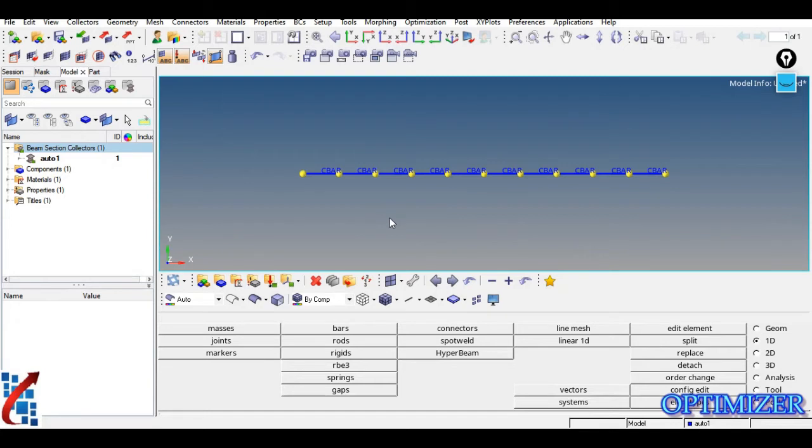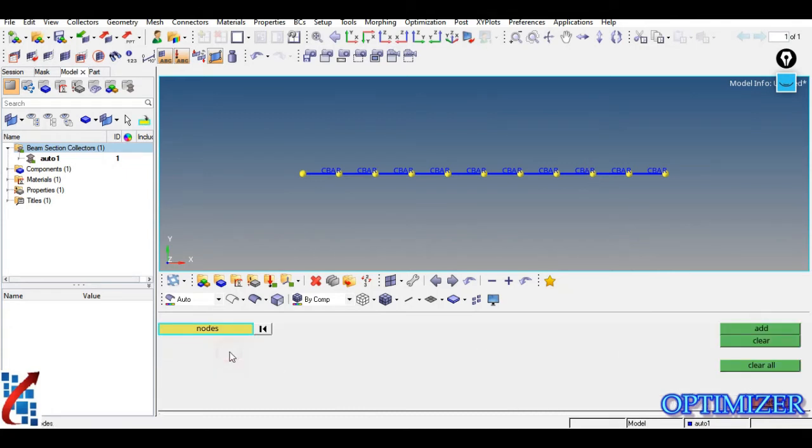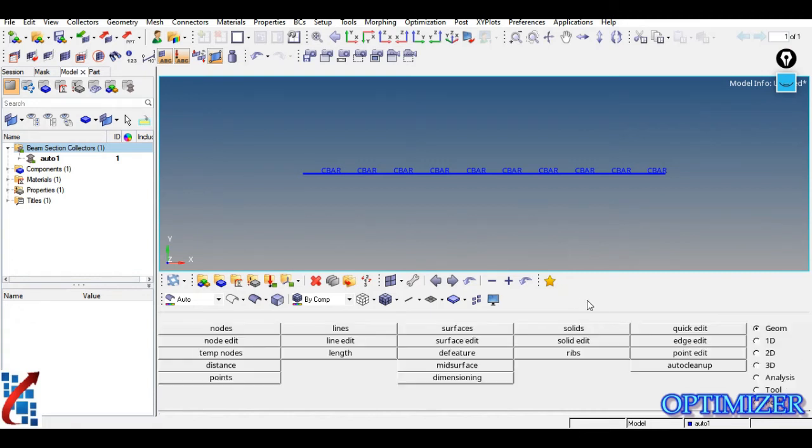Once these elements are created, you need to delete all these temporary nodes, that is the yellow nodes, because whenever you create the node elements, nodes are automatically created there. So duplicate nodes are at one position. Just go to geometry, temporary node, and from there you can click on clear all. Okay, so this is the C bar we have created.